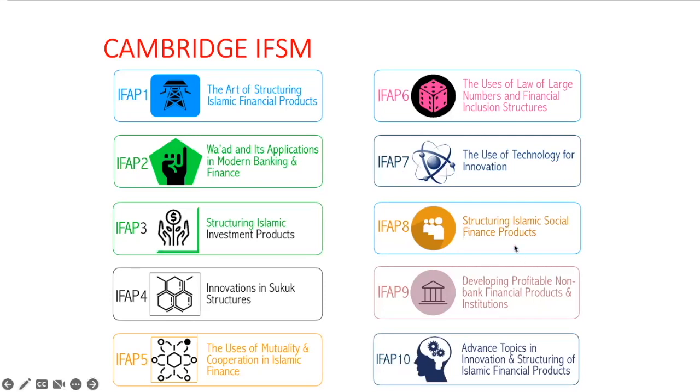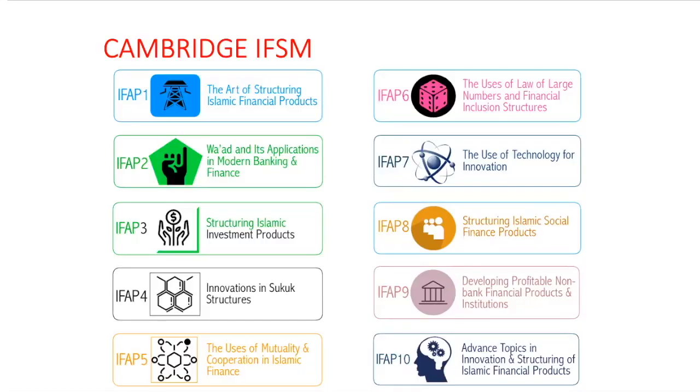And Module 8 would be on structuring Islamic social finance products. Module 9 would be on developing profitable non-bank financial products and institutions. Before we end season 3 of Cambridge Islamic Finance Structuring Master with Module 10, which is entitled Advanced Topics in Innovation and Structuring of Islamic Financial Products. And this IFAP 10, Module 10, would be an extension of our first module, The Art of Structuring Islamic Financial